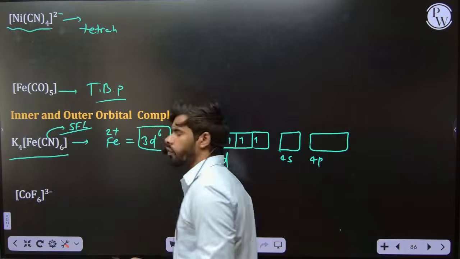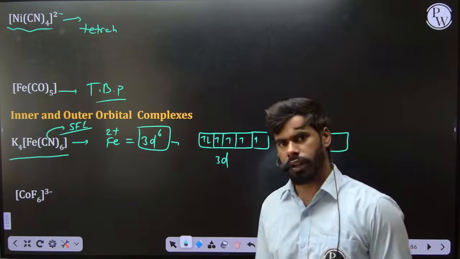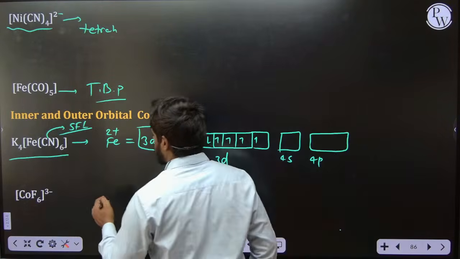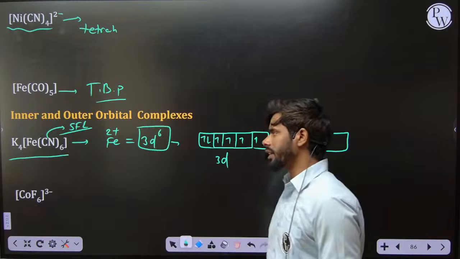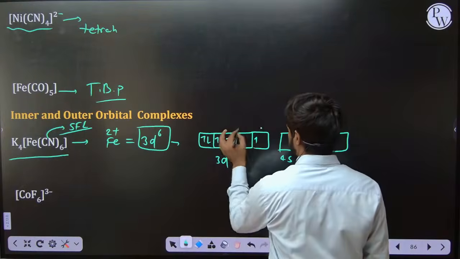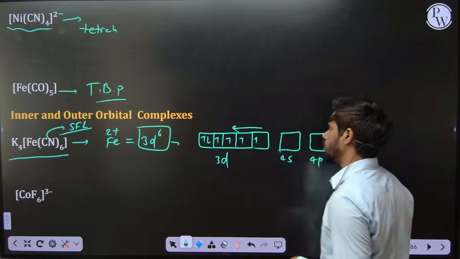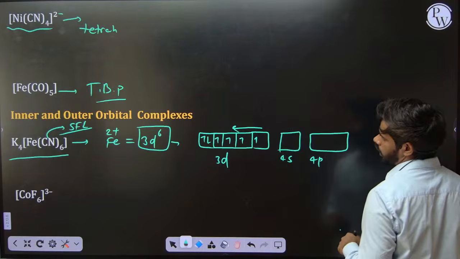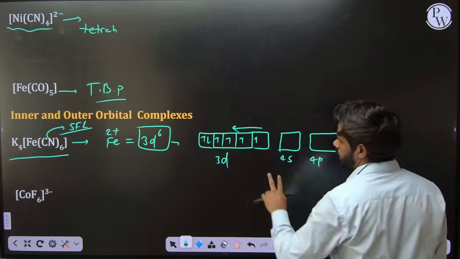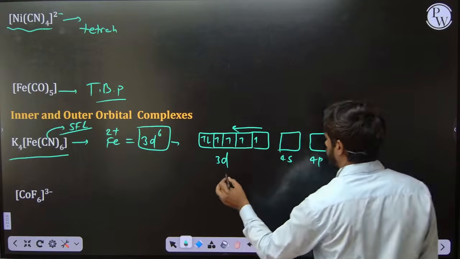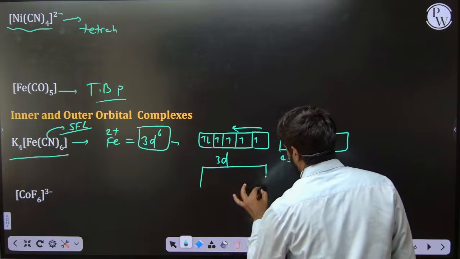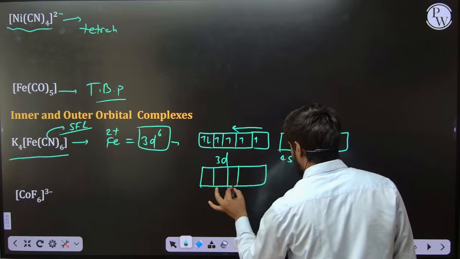So what is a strong field ligand and a weak field ligand? That we will see later. If a strong field ligand is there, we will do the pairing in the orbital. If we do pairing of the electrons, then we can see that two electrons will be paired, and after pairing we will get